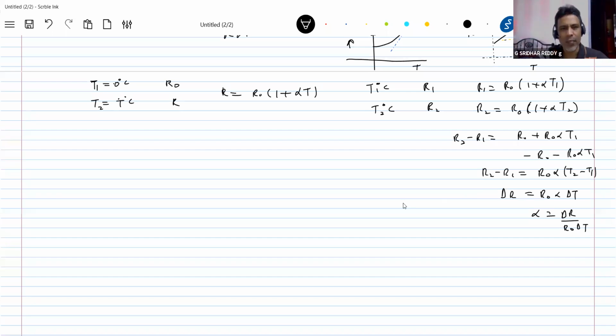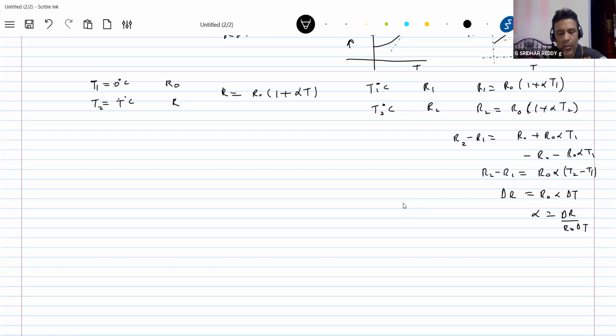If such resistors, which vary with the temperature, are connected in series, what conditions will come? When the temperature varies, how do we find the effective resistance of such conductors? Okay, got this. So these are some basic formulas to remember. Let's go for series and parallel. First, if they are connected in series.